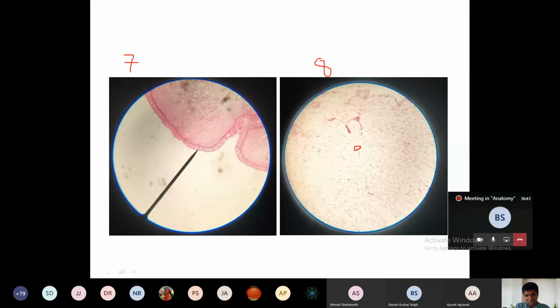And its nucleus is lying to one corner of the cell, so giving the cell the shape of the